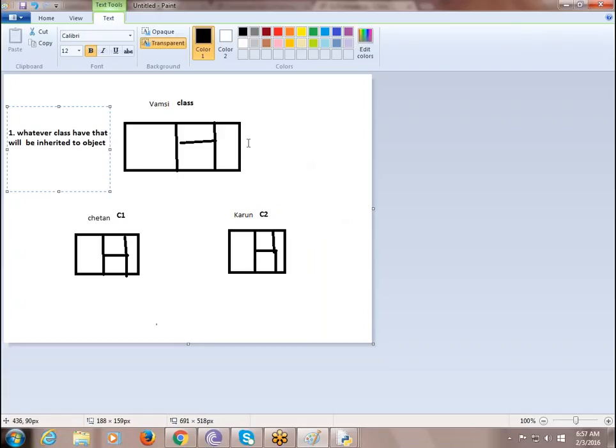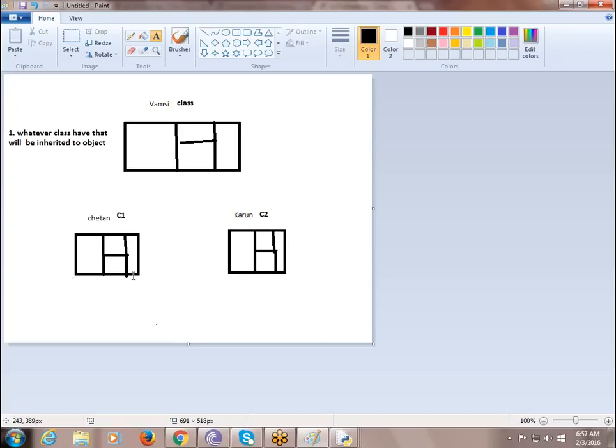Whatever the building plan I have here, you will inherit, right? If I do some modifications, you also get impacted by those modifications because you are following exactly me. Is there any confusion? No. Can I say it like this: whatever the class has will be inherited to the object?